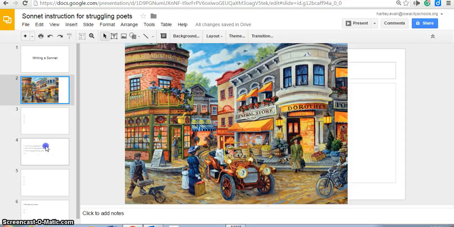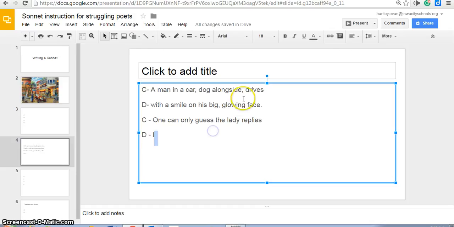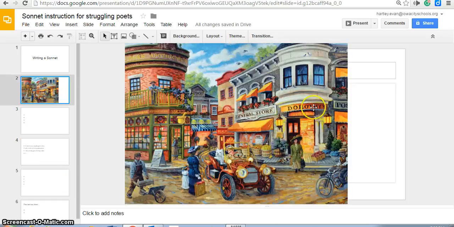So this is the second stanza. A man in a car, dog alongside, drives with a smile on his big glowing face. One can only guess, the lady replies. And then I left off here and notice that this line is going to have to rhyme with this right here, face. Alright, and your next strategy for the next one is to just pick something else from this painting,